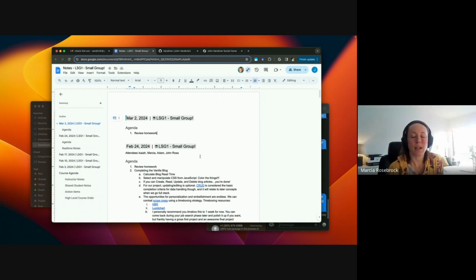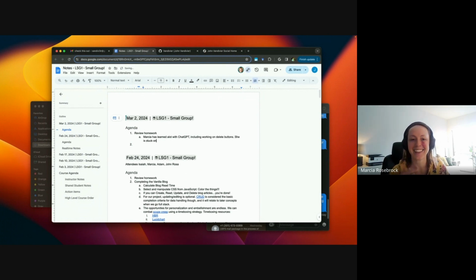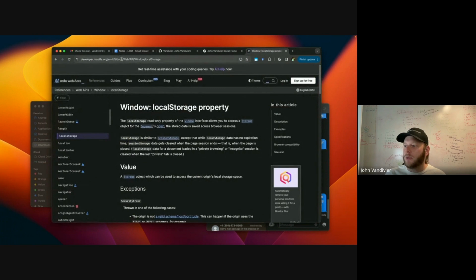Yeah, it's nice. I've been using ChatGPT a lot more, and I feel like I'm learning a lot that way. I'm stuck on local storage. So I read what ChatGPT said, and then I copied it and I put it back in, and I was like, can you explain what this means? And then they explained it. I'm like, I'm still not sure I understand. Both of these links will help you actually, but I guess I'll copy this one.